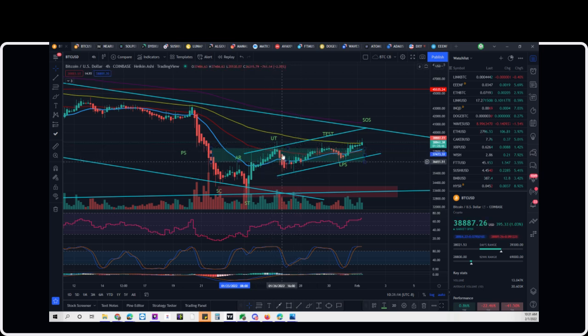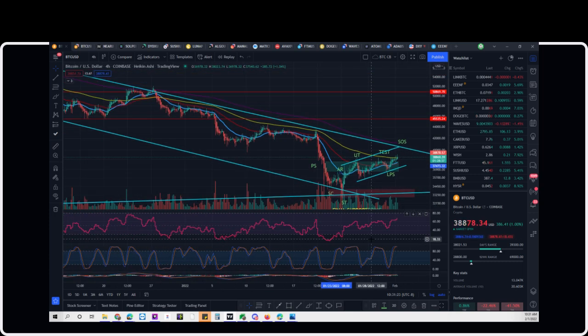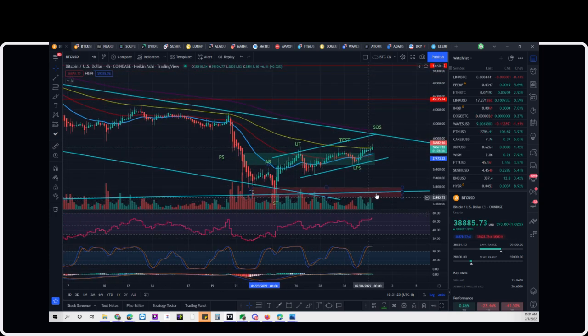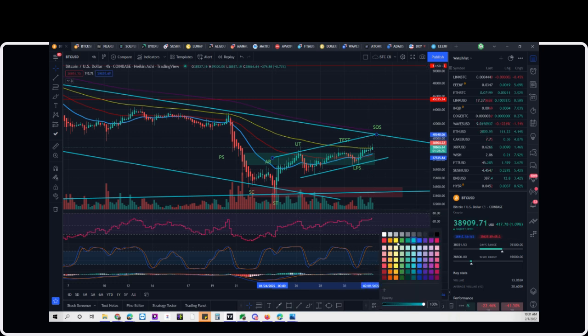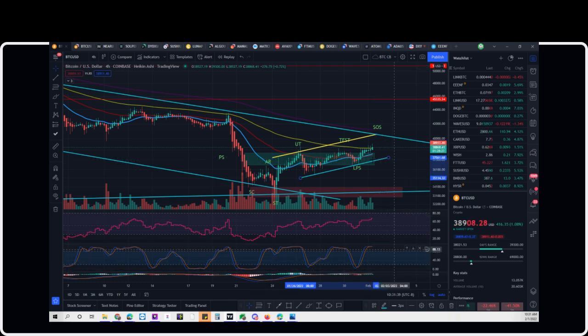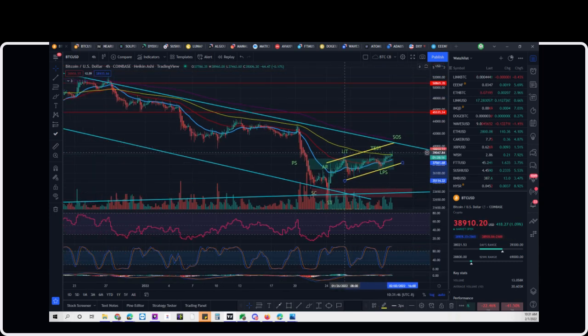And it looks like we've accumulated within that resistance zone for a while now. 4 hours RSI still shows that we could have some more strength coming in, and that strength should at least lead to an ascending triangle, top of the trend line touch here around 40,000 or 40,500 or so. So that's what I'm looking for, at least here, and to also make a test of this overall trend line,